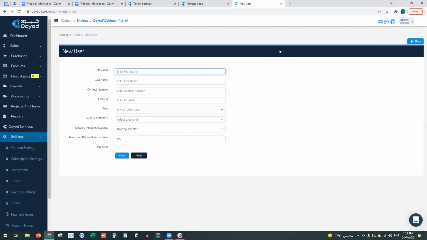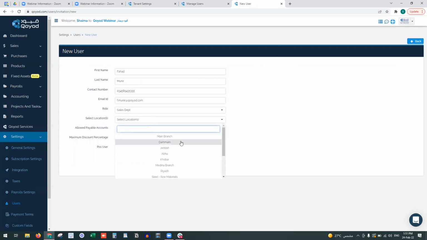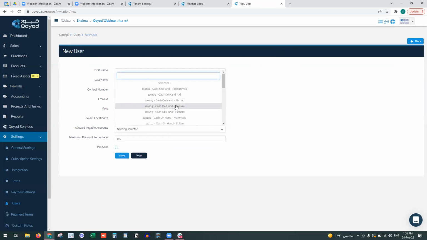The first name, for example, we have Fahad Munir. We will add the contact number, the email ID, and the role. We will select the role as sales department, and the location. For example, he will work in Dammam and Khobar. Allowed payment accounts, which have been checked in the chart of accounts, like cash on hand for Fahad, or